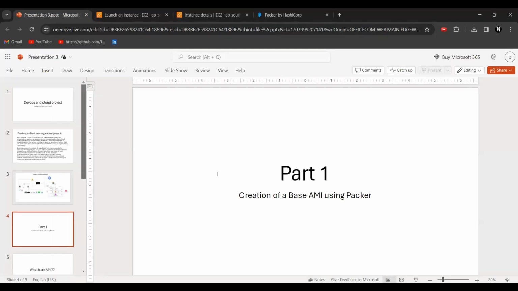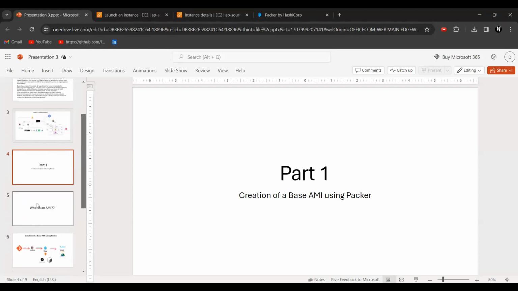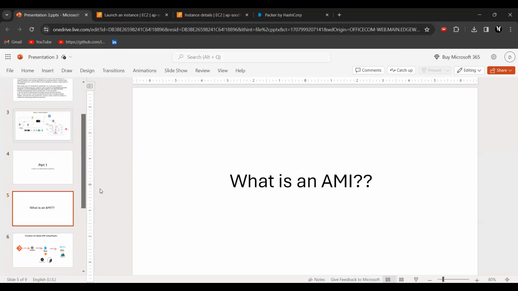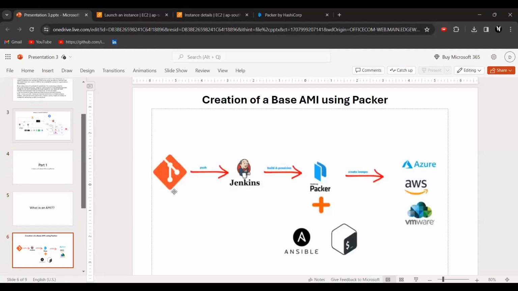As I said, about what an AMI is, Amazon Machine Images: on top of AMIs, you will have custom AMIs. Custom AMIs are called golden AMIs because on top of an already existing AMI, we are putting some additional software. That is why it is called a golden AMI. Yes, let's get into the first part, the architecture. Here is the architecture. Let's present it.